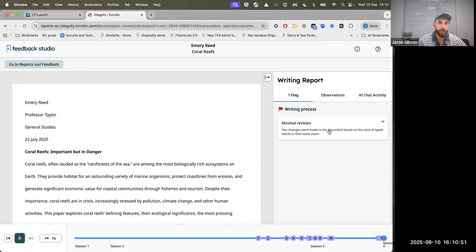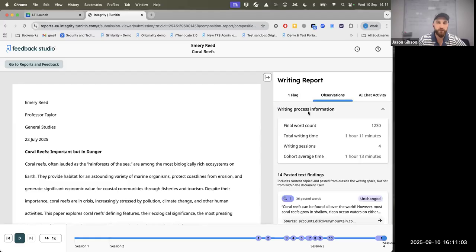You can see we've been flagged for minimal revision. Why is that? They typed out 1,074 words, they pasted 378, they removed 210, and the final word count was 1,230. Some observations: the final word count, we have their total writing time, 4 writing sessions, and the cohort is 1 hour 30. So they're writing the same amount of time as the actual